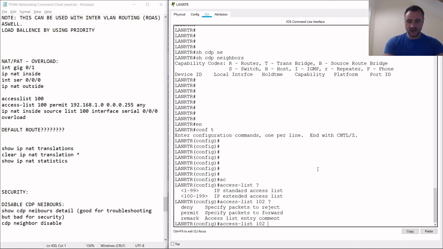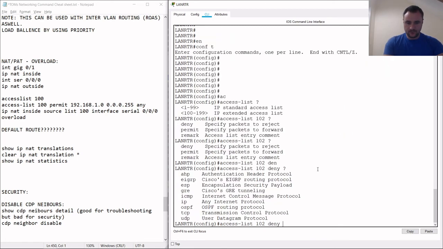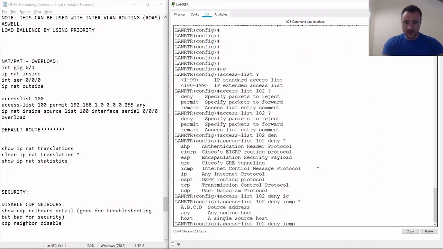So we want to deny, and we can do ICMP, IP, OSPF, TCP, UDP, or whatever. Because we're working with ping messages only at the minute, and ping doesn't fall under TCP, we want ICMP, and then we want the source IP address 192.168.1.3,